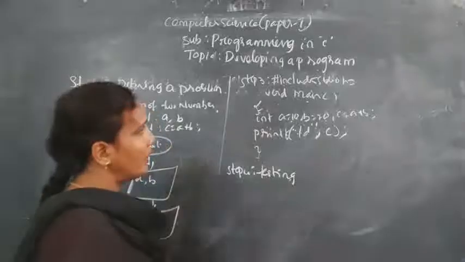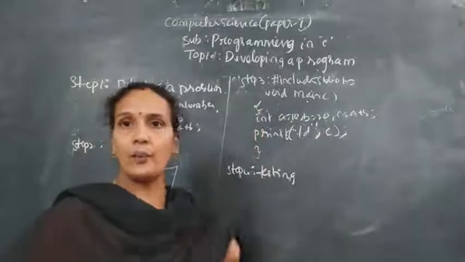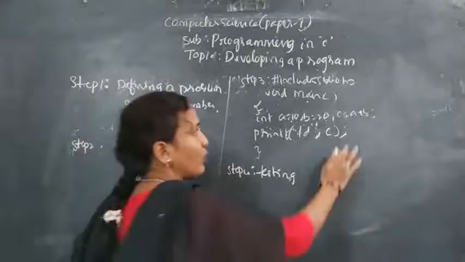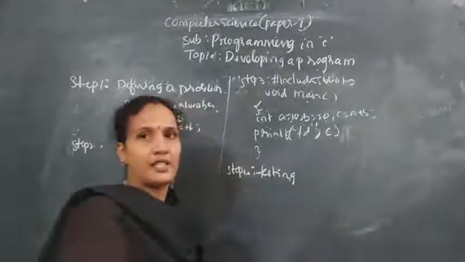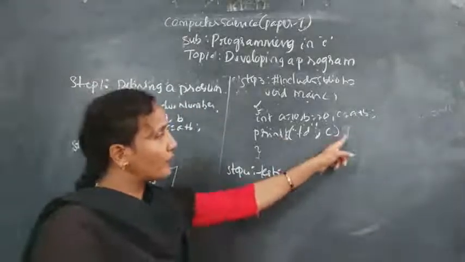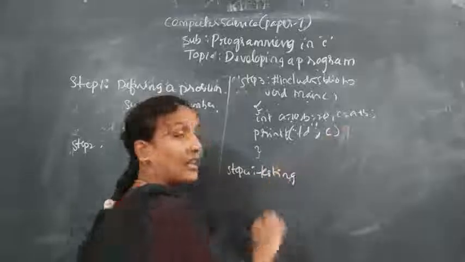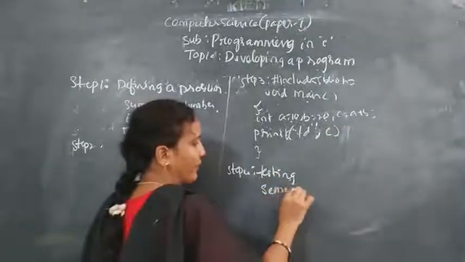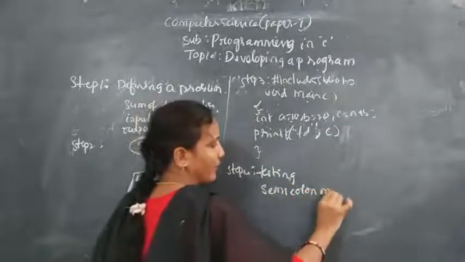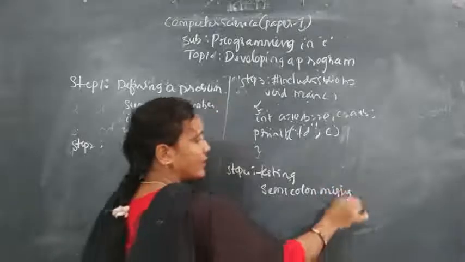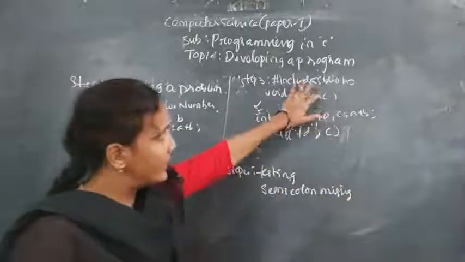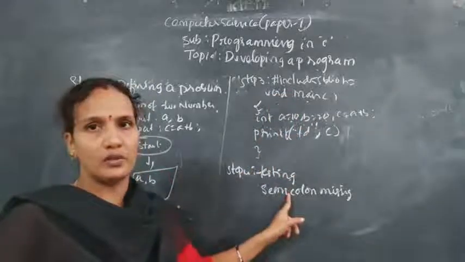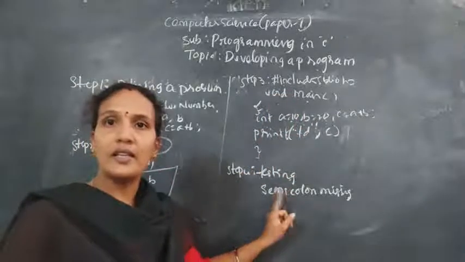Testing the program. Here I am checking whether this program is designed according to C programming rules or not. Example, imagine I have not given a semicolon. Then it will give an error. What error will it give? Semicolon missing. This is the testing. You see if there is any error in the program from the third step. That information you will get in the fourth step. That is called testing.